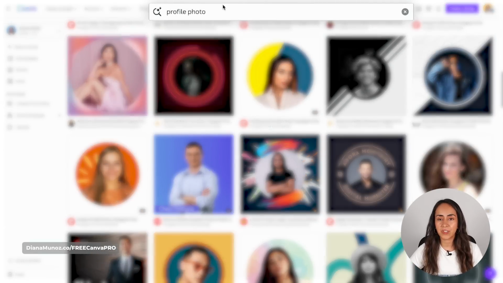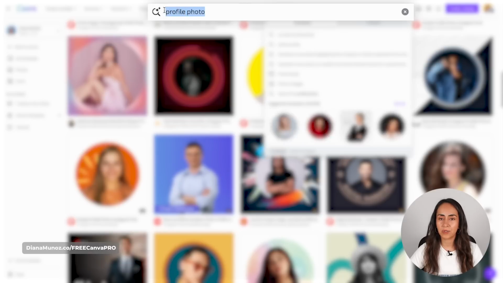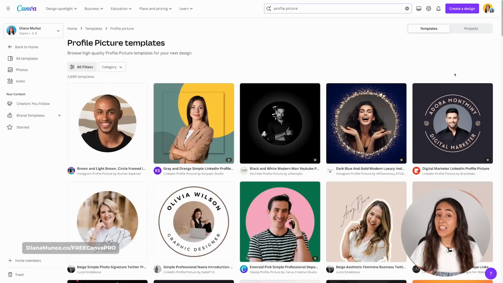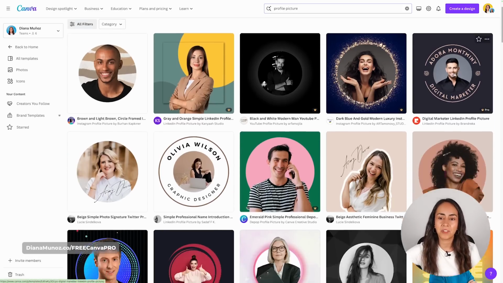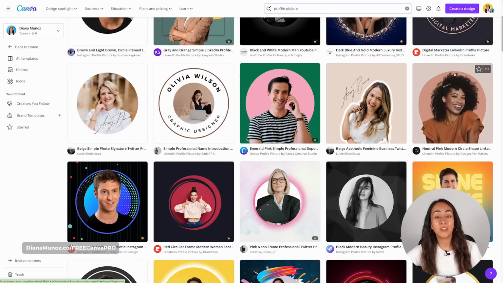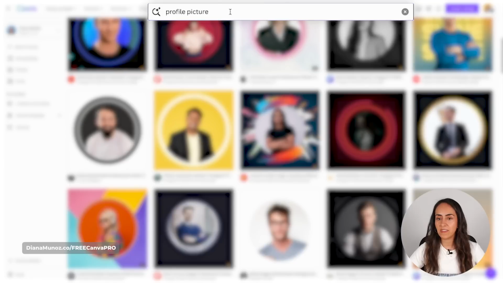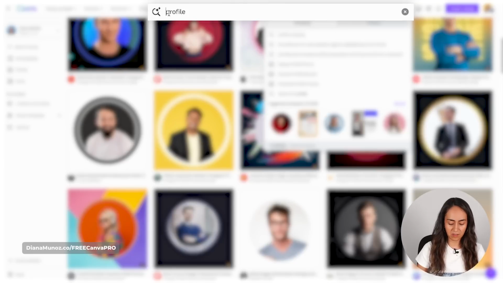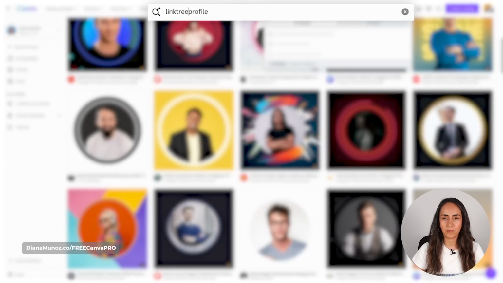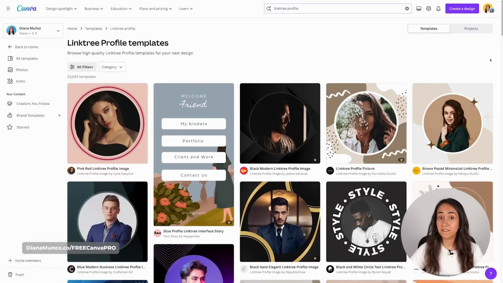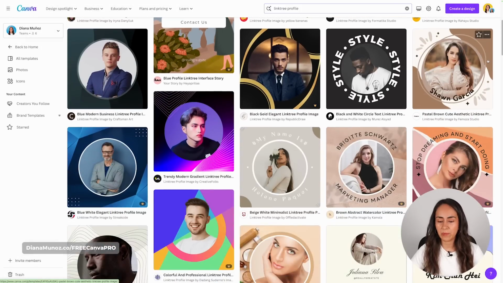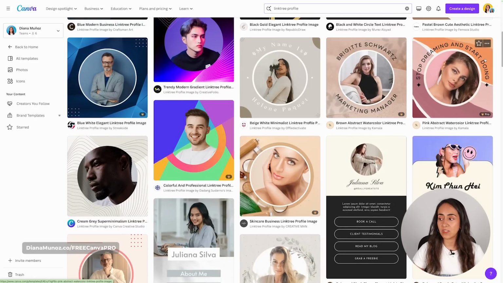So I'm going to the search bar on top and try profile picture, hit enter. In here you will see some of the templates that we saw in the previous search result, but we also see a lot of new templates. So that's why I wanted you to try different keywords in here. I also have another keyword that is Linktree profile. So Linktree profile, hit enter. We have some other templates available using this keyword,